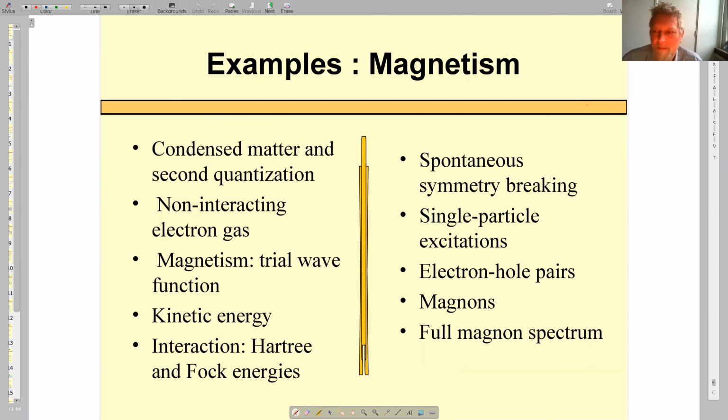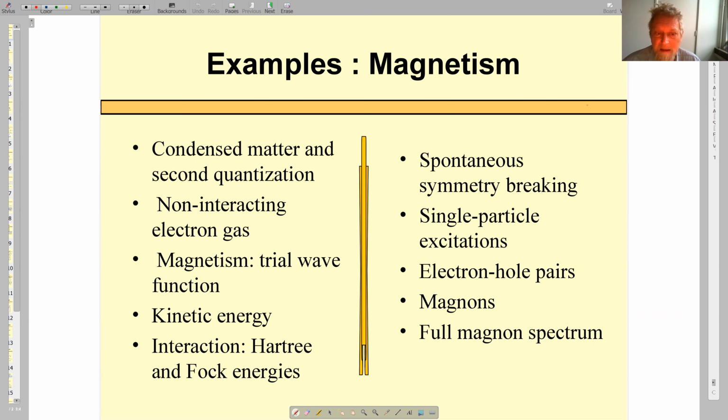So we are done with dry technical stuff. We have learned about creation and annihilation apparatus as a proper tool to understand advanced quantum mechanics. And we start with examples. And these examples will come, at the moment, from solid state physics. So today we talk about magnetism, about electrons in metals, which at a sufficiently big interaction are supposed to form a